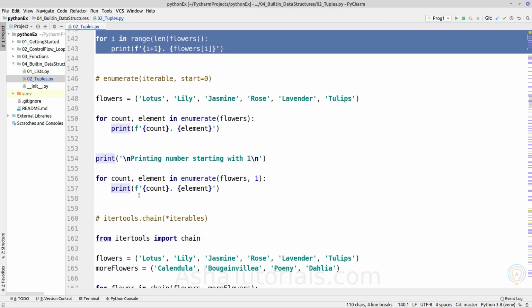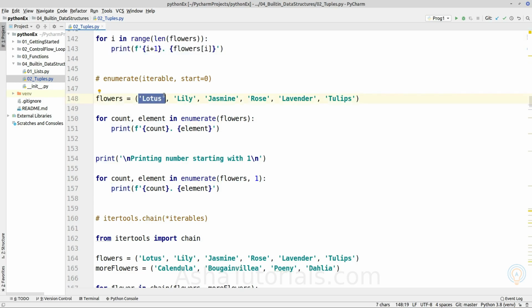Next is enumerate, which will return a tuple object containing 2 values. Here we are unpacking those values. The first value is a count, a number which by default begins from 0, and the second value is an element of the iterator in an increasing manner.